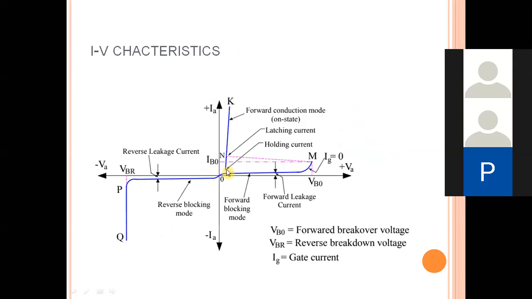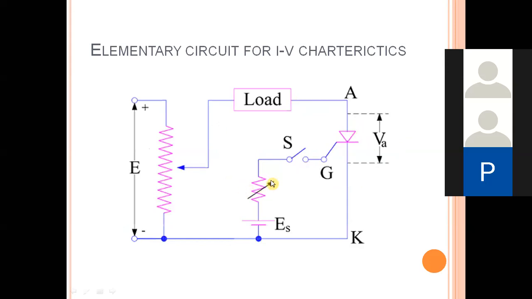Okay. So in the conducting mode, the voltage magnitude here is going to be equal to 0.7 volts. Is it clear with the operation? We can make the device conduct in two ways from the IV characteristics. One is by applying a gate current across the gate terminal. The second is by applying the voltage across the anode and the cathode.